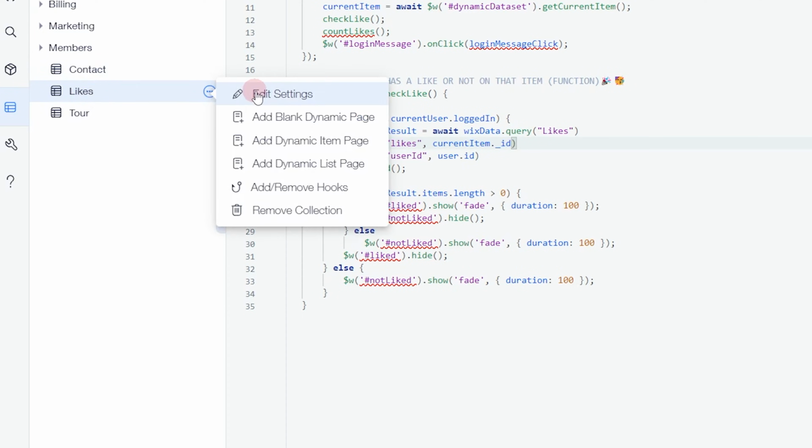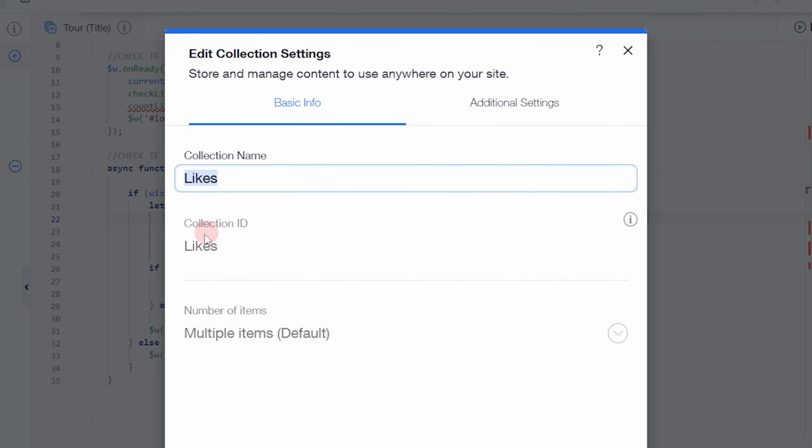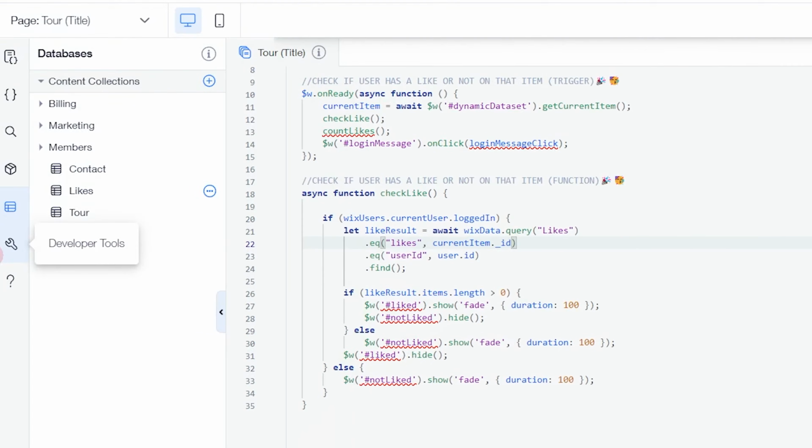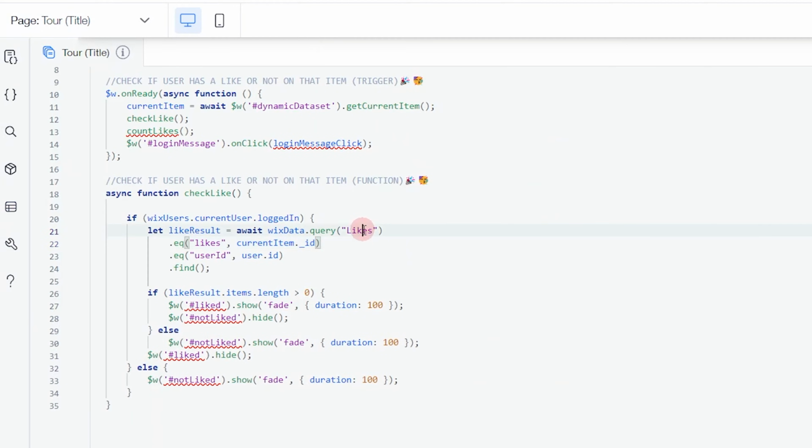So once you click on this and click on edit settings, you can see the collection ID is called likes. All right, so this is very important. You can just go ahead and replace your ID here. If you used exactly the same IDs as I did, then you don't have to replace anything unless there's an error. All right, and then the next line, we have the field key of the likes field in our database,